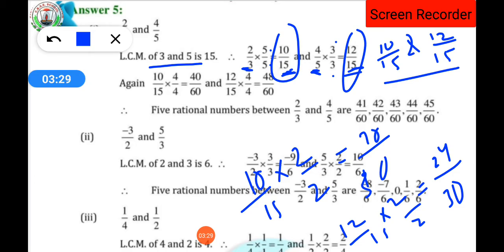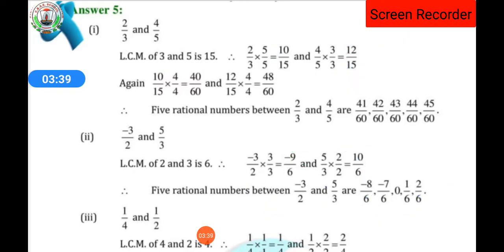Now between 20 and 24 how many rational numbers lie? That is 21, 22, 23. Only 3 rational numbers lie. That means it is a very small number. Hence we are going to multiply with a greater number. तब तक मल्टीप्लाई करके उसको देखना है जब तक हमको एग्जैक्टली 5 रैशनल नंबर ना मिले. अभी 2 से मल्टीप्लाई किए, फिर 3 से मल्टीप्लाई करके देखना तो आपको 2 नंबर और मिलेगा, ऐसे करके. तो जब हम उस नंबर को 4 से मल्टीप्लाई करेंगे तो अब एग्जैक्टली हमको 5 रैशनल नंबर्स मिलेंगे.